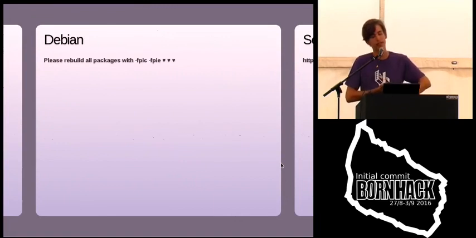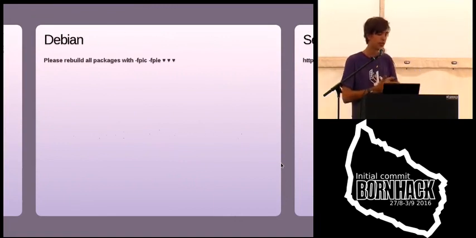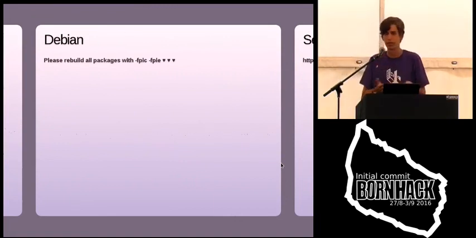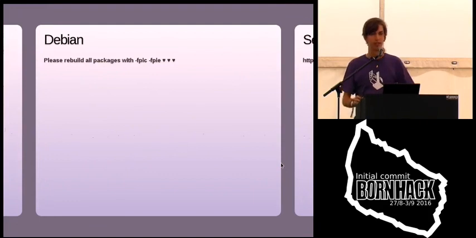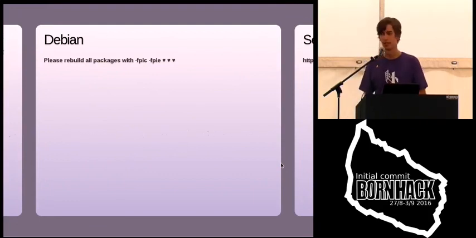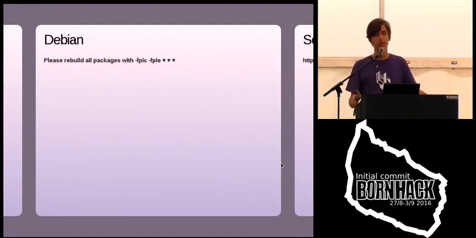Another thing, something which everybody could contribute to, is that it would be really cool if people who are involved in Debian and maintain packages would rebuild all packages for PIE and PIC. This will benefit Debian, Subgraph, Tails, Qubes, and the security of packages in general.